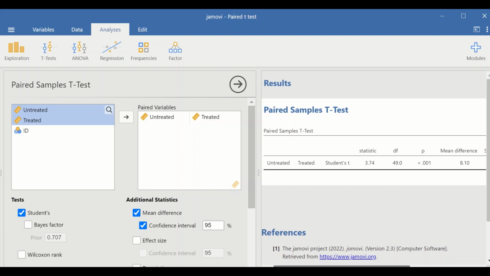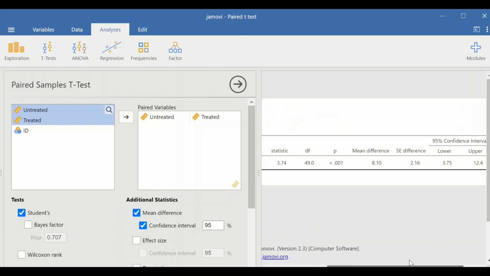We could also add additional statistics by ticking the mean difference and the 95% confidence interval, and these additional values are added to the table here. In the paired t-test, the mean difference is equal to 8.1, so that means the systolic blood pressure is reduced by 8.1, and the standard error difference is 2.16,